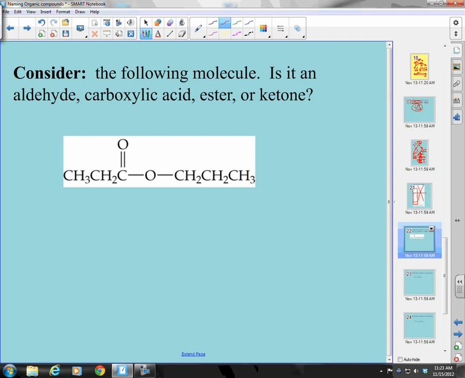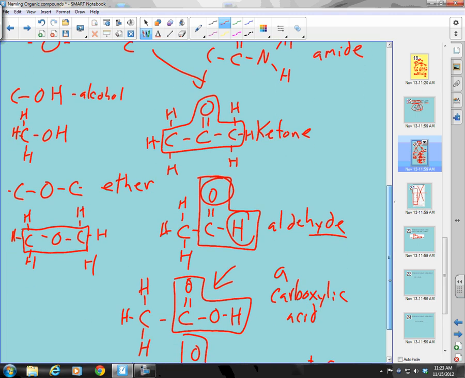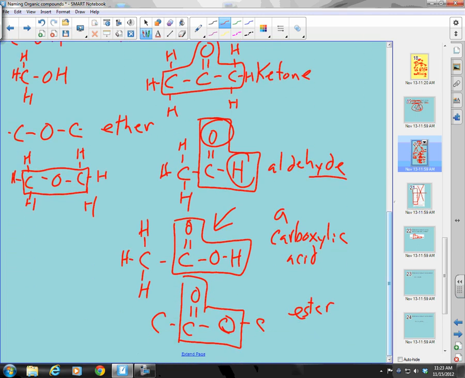Consider this molecule. All right, you guys do this one. Let me know when you have the answer. All right, what am I looking for? I'm looking for something kind of different here. I'm looking for an O double bonded to a carbon, and that is then bonded to an O, and then other carbons over here, right? Okay, let's go back and look at our notes. I have O double bonded to a carbon, but then it's single bonded to an O,